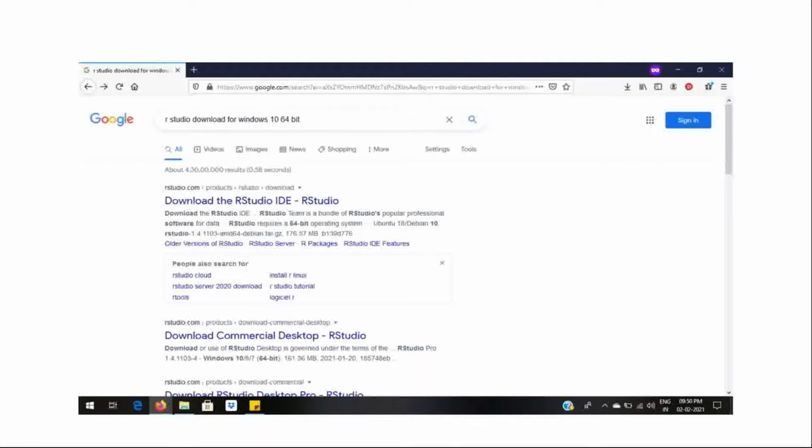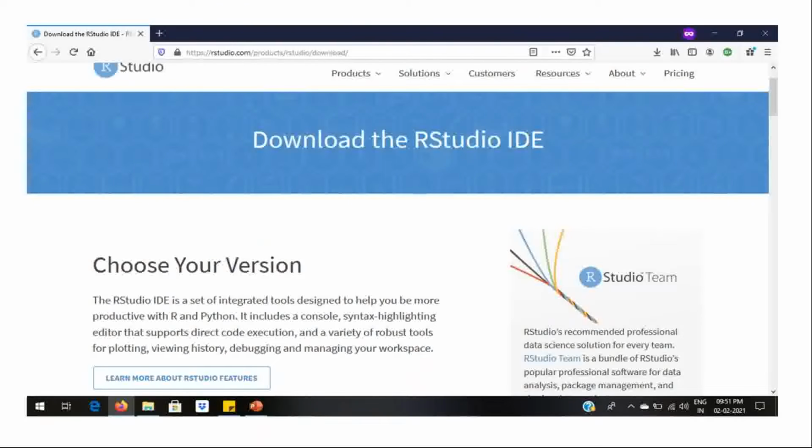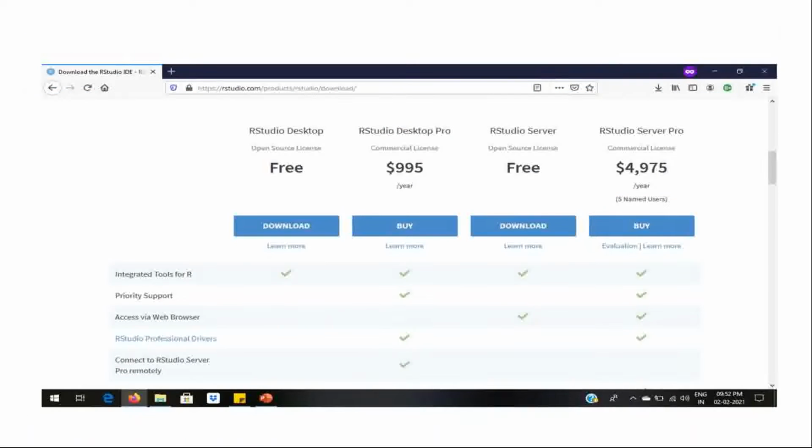It will act as a base or platform upon which you can build. Once you know R basics better, you will be in a better position to understand Python. Once you click on the first link, you will be able to see a screen like the one displayed currently. Here you have to choose RStudio Desktop free version because others are not relevant to us. You can click on the download option.